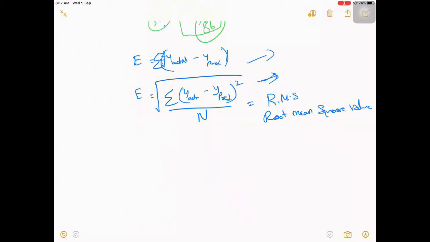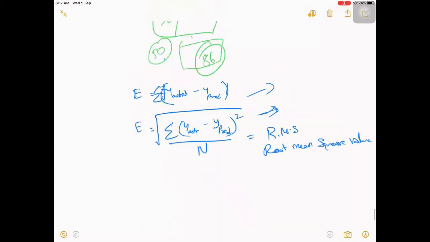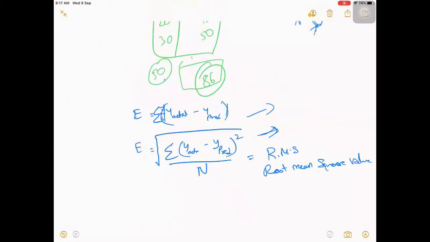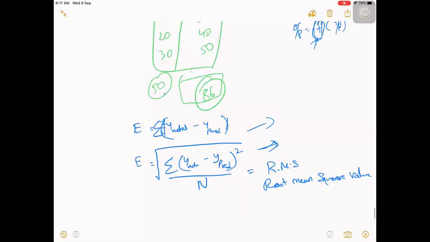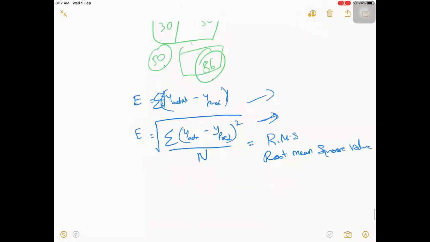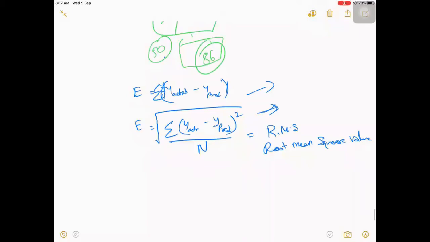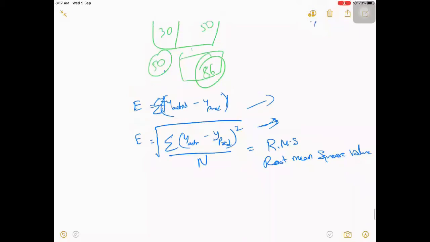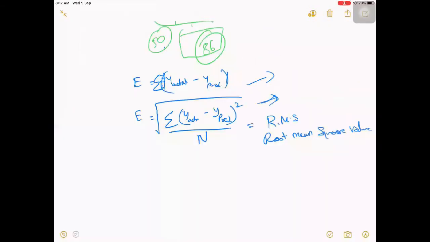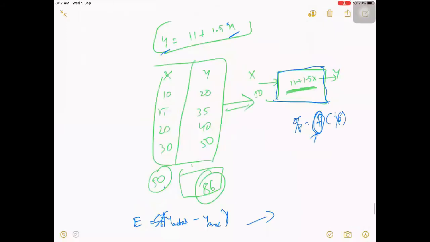We will be going into those as well, but as of now, because we are in the starting stages, let's take this RMS value and proceed further. I will also mention the other different kinds of error functions we use, but as of now, let's go with this.